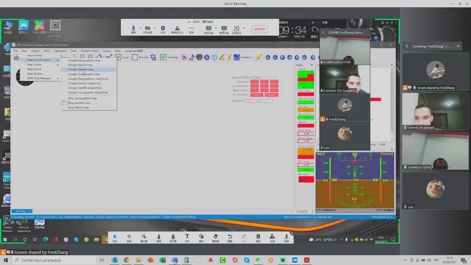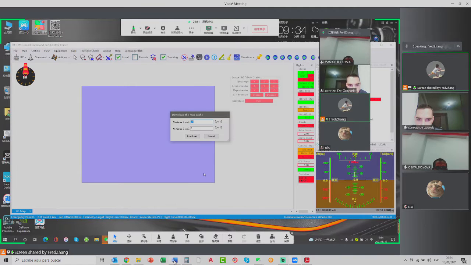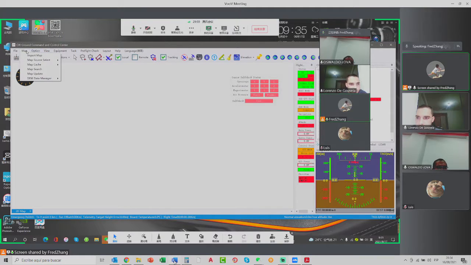All right. And map cache, you can download the cache. For example, I only want to download this area's map. You can download the cache. Choose download cache and right click to choose the area, and a window will automatically jump out to download the maps cache, right? And maximum level and the minimum level, and you download. Okay. You must connect to the internet, you know? No problem with this step. No problem. Okay,